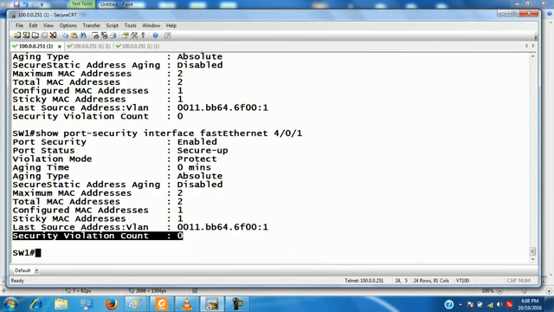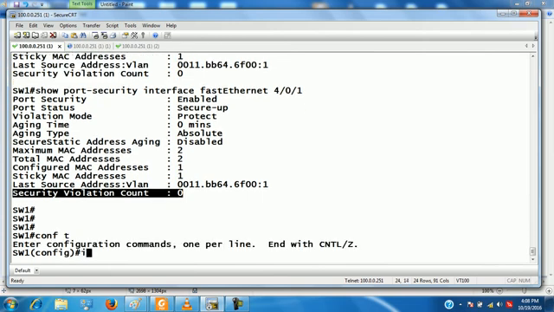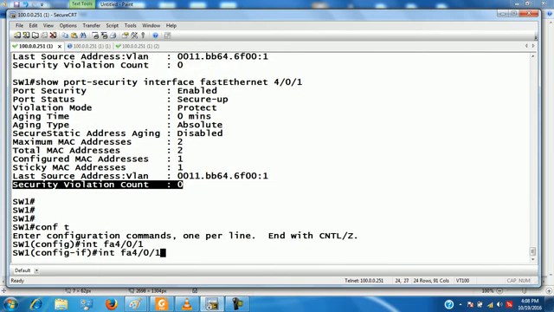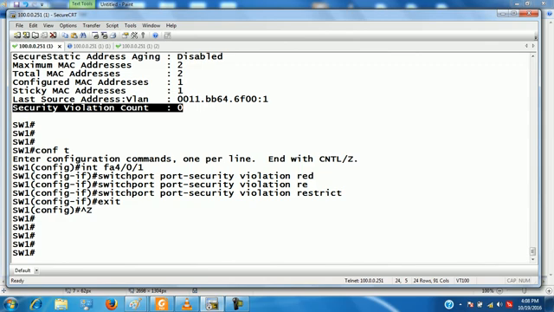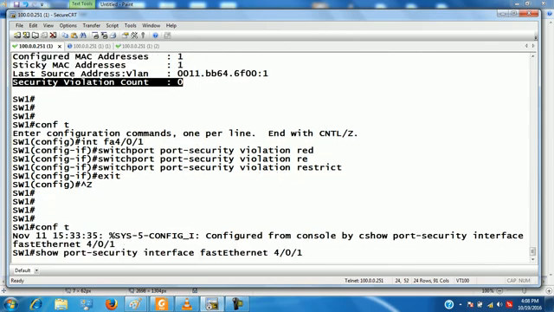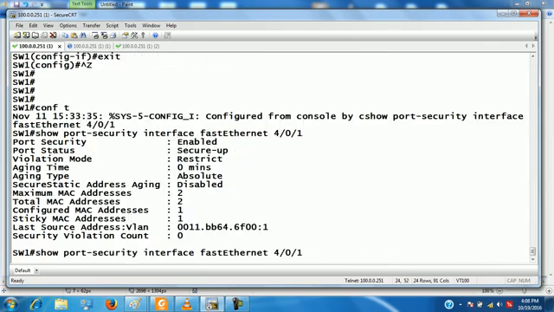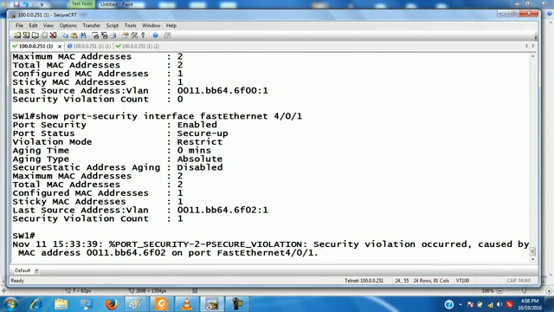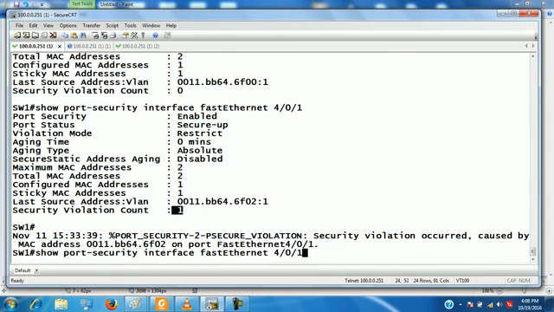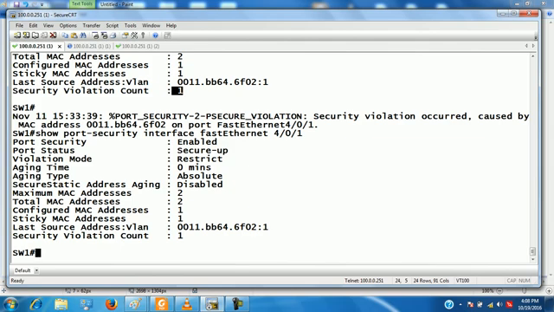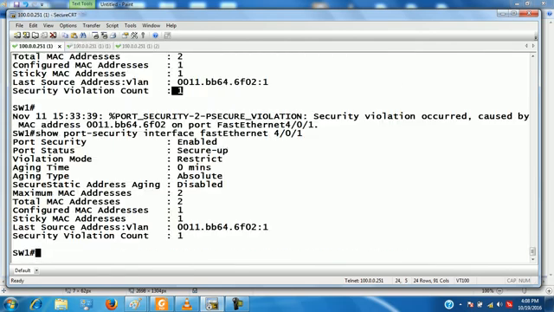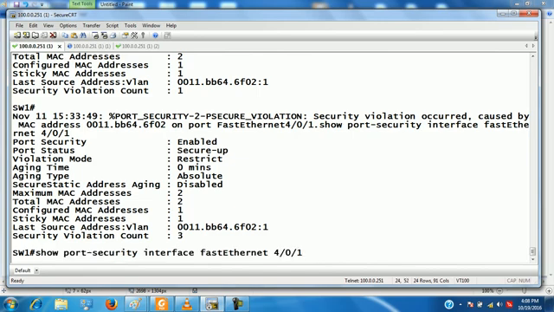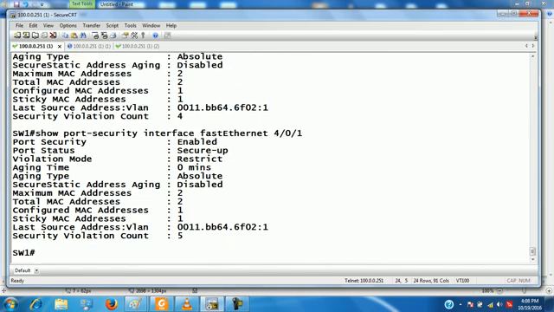Clear? So if here I change the mode to restrict, what will happen? Security violation count. Okay, let me ping. The violation count is increasing.